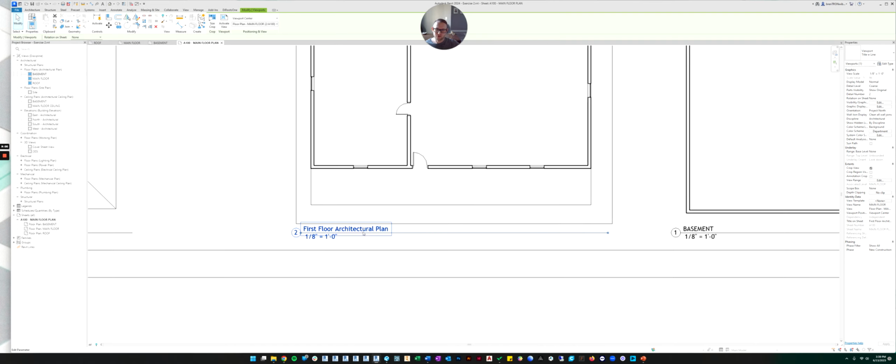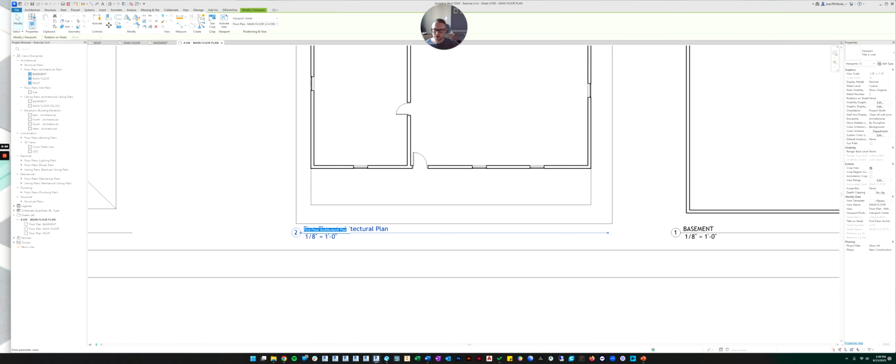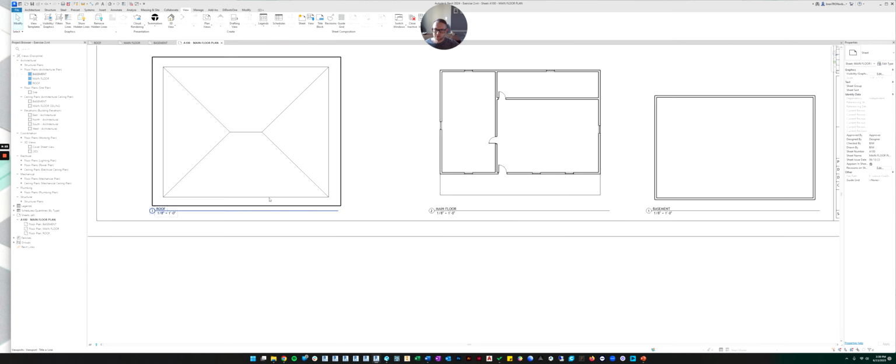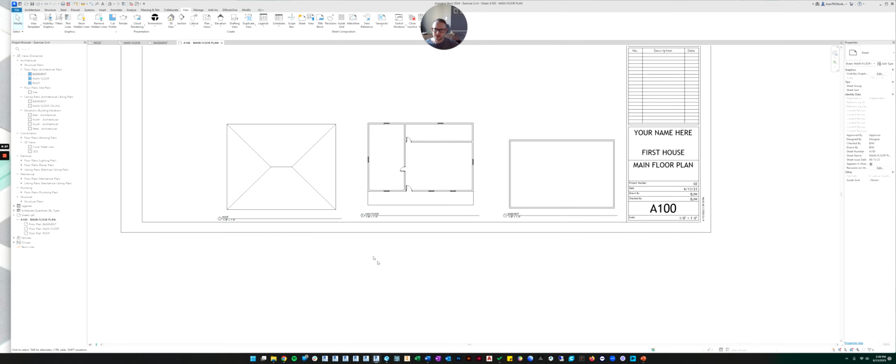Instead of calling this first floor architectural plan, let's just name it the main floor. So if you click on the view, and then once you've selected the view, you can click the name and you can change it back to main floor. And there you go. Perfect. So now everything's looking nice and tidy.